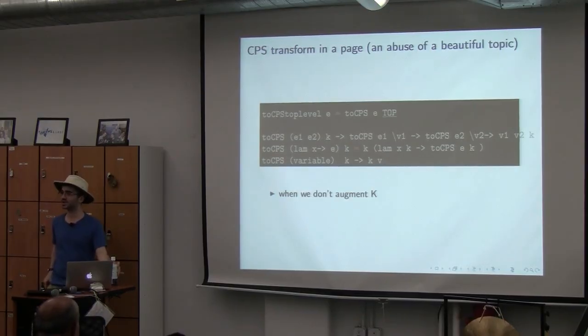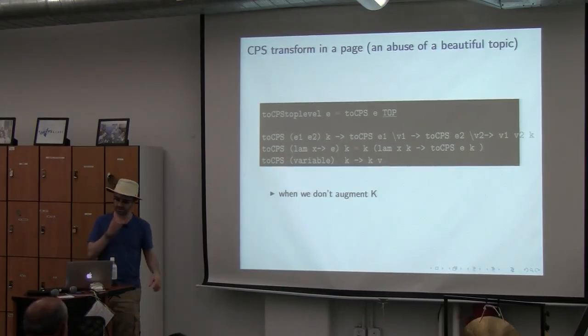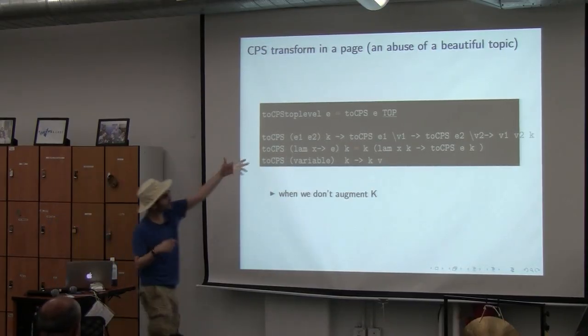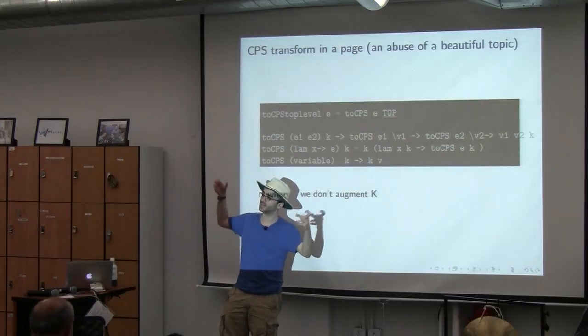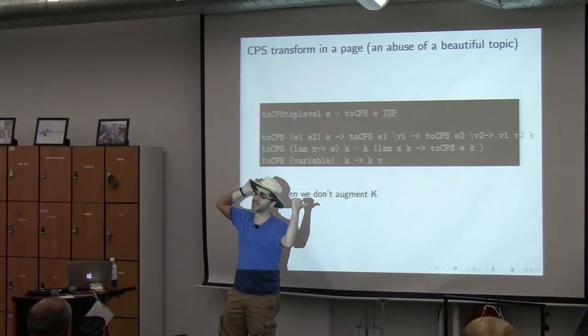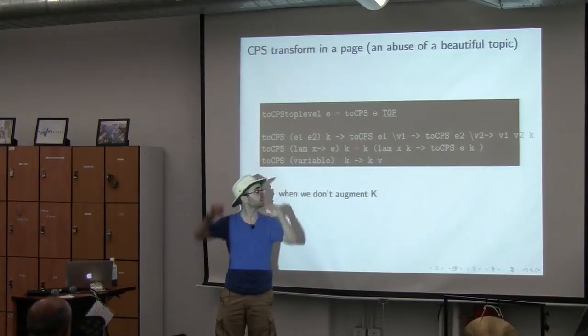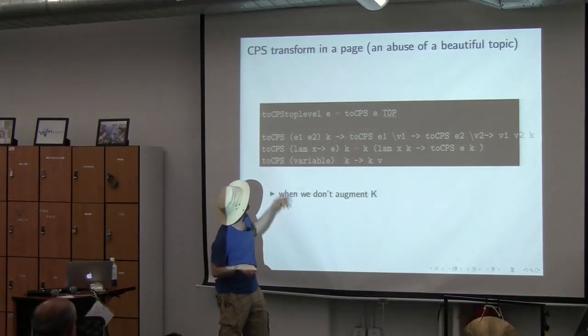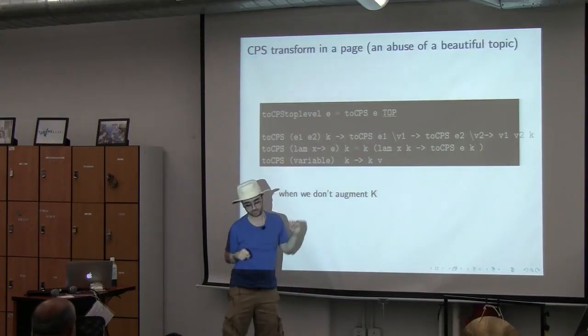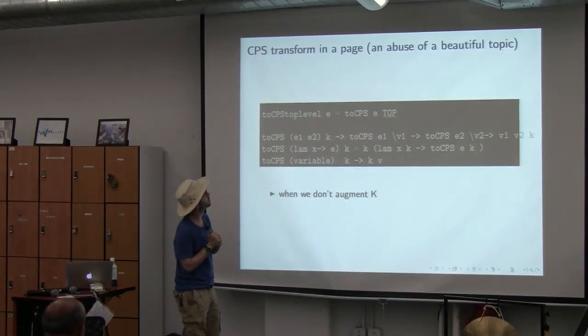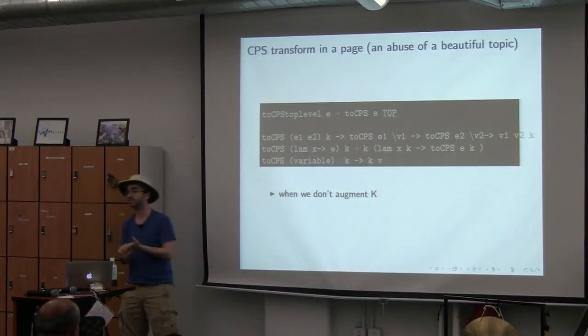So what's going on here? Let me walk through this. So we have a top-level expression, and we have a top-level continuation, which two slides ago was an empty list. Does everyone remember that? Vaguely. Cool. Okay, so when we have an expression that's an application, we want to first, and actually this is